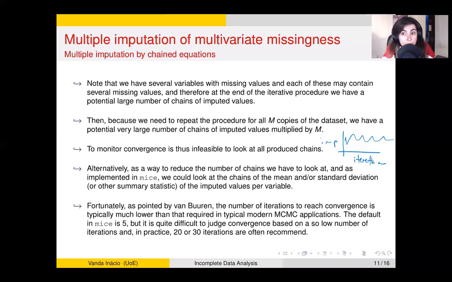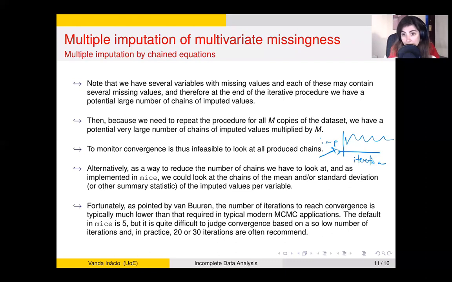The default for the number of iterations, so the number of times that we are cycling, imputing for the different variables, in mice is 5. I would say that 5 is of low or very low. It might work well, but if we then want to look at trace plots of the mean and the standard deviation, it's difficult to judge convergence based only on 5 iterations. So in practice, to judge convergence properly, I would suggest 20 or 30 iterations